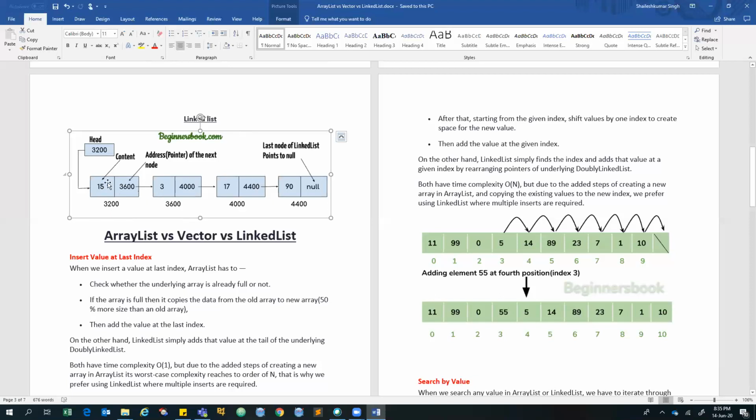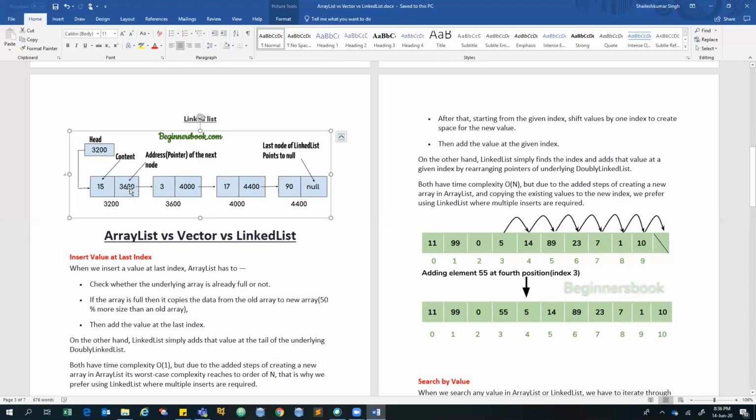This is the first node, this is the second node, this is the third node, this is the fourth node, and these nodes have addresses 3200, 3600, 4000, and 4400. Now this first node's data is 1500, and I have to link this node to the next node. So I need to store the address of the next node in the next section of this node. So this node gets linked, and again I have to link this node to the next node, so I store the address. And now there is no more node after this node, so I make it a null pointer, meaning it is the end node.